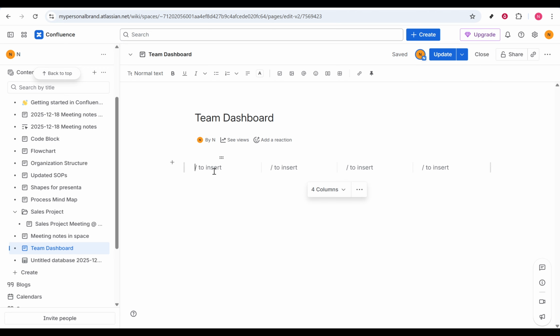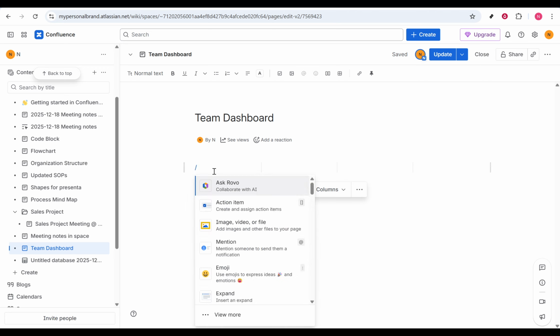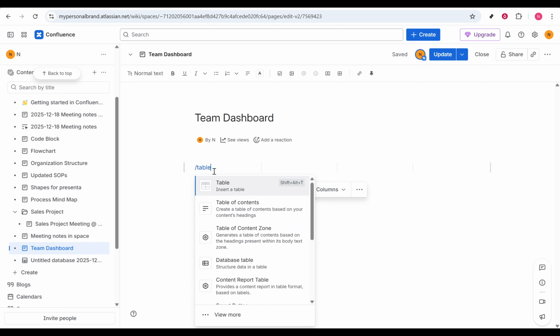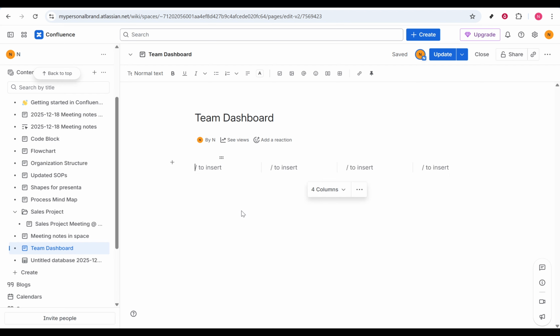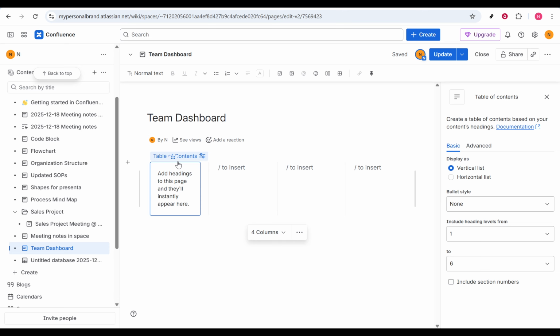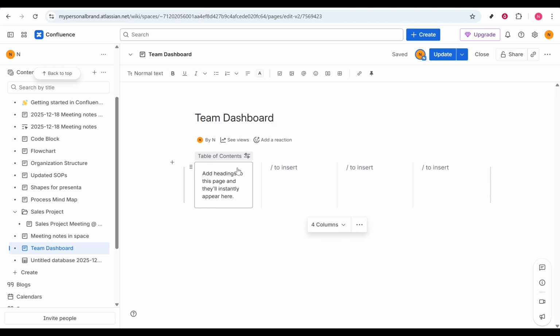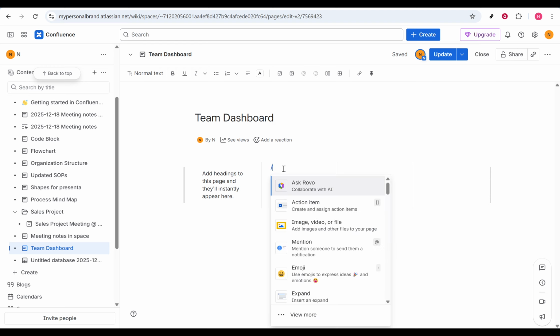Use headings to label each column so viewers know what they're looking at. Then begin adding elements with the slash command or the toolbar. You can include charts for trends, tables for metrics and status lists, and panels to call out priorities or notes. If you have a lot of related content, consider adding tabs to keep the page tidy while still making everything accessible. The goal is to present your information in a way that's accessible and at your fingertips, just like any